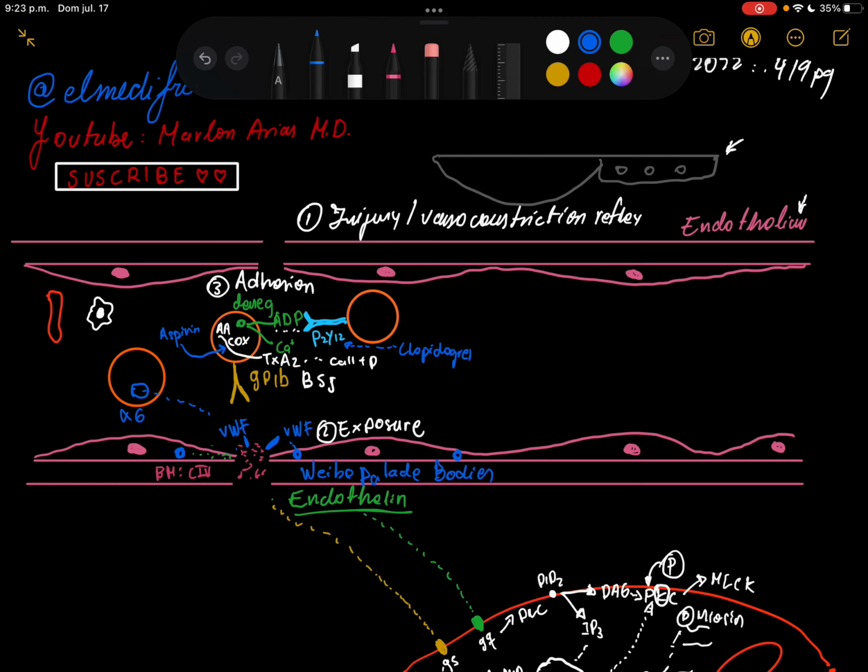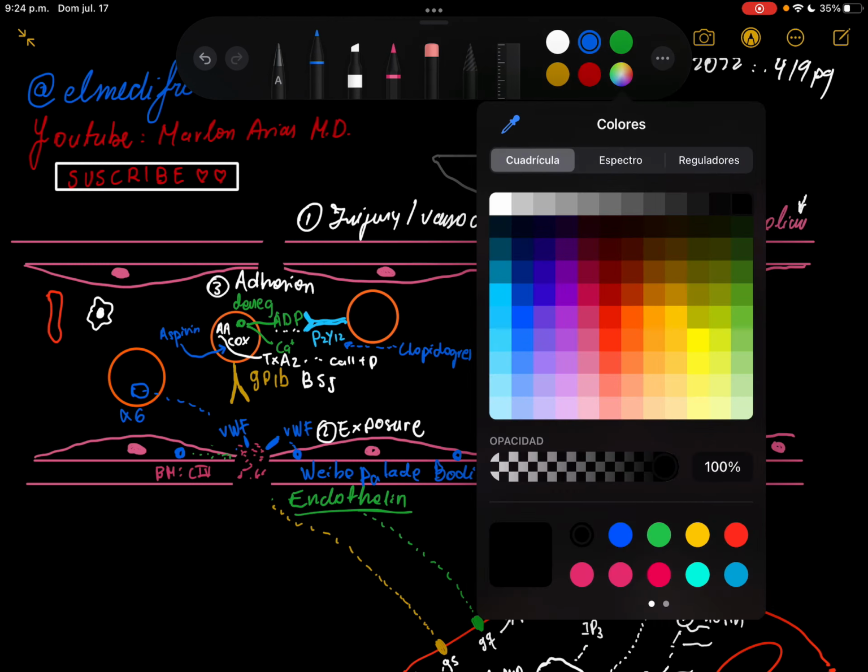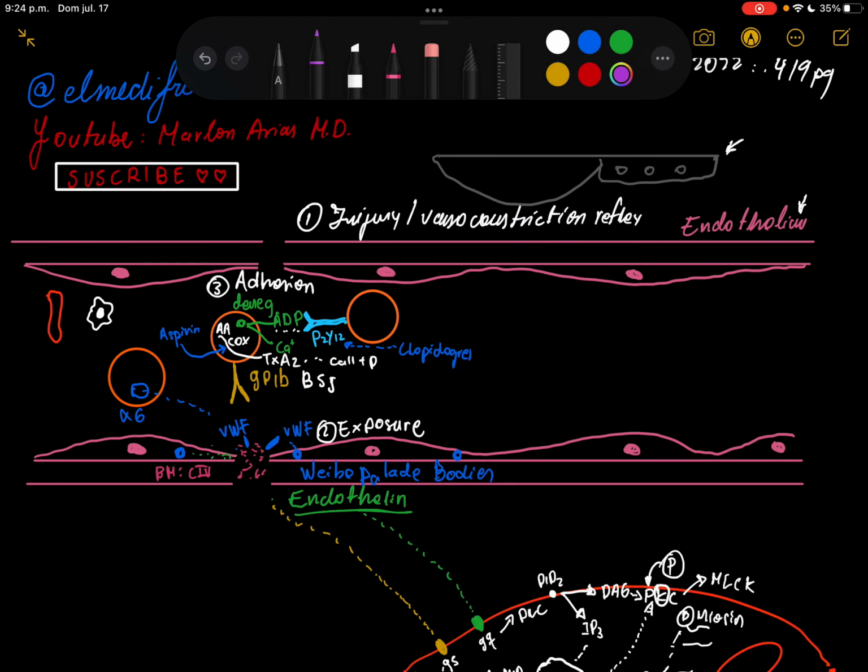and then when this binding occurs, the platelet is going to release another receptor. I know that there's a lot of receptors, but that's the way it happens. You need to know to understand. I know it's difficult, but not impossible. Okay, and this receptor we're going to call GP2B3A. Okay,